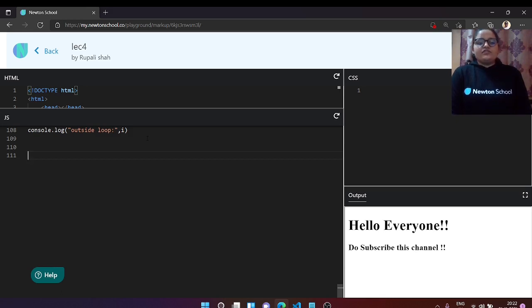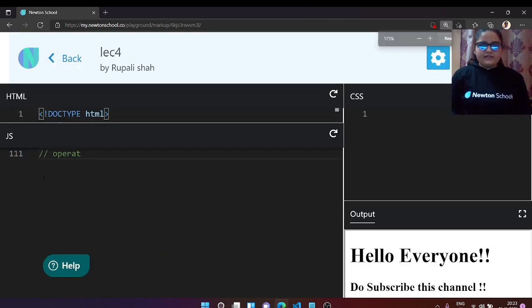Now let's continue with our operators. First of all, we will be seeing what operands are, and then we will be seeing what operators are, and then we will be seeing how we can perform operations on operands. Here I have spoken resembling words, so to avoid conflicts between us, let's first write down all the terms that we are going to discuss. So I guess it's visible. Let me zoom in a little bit.